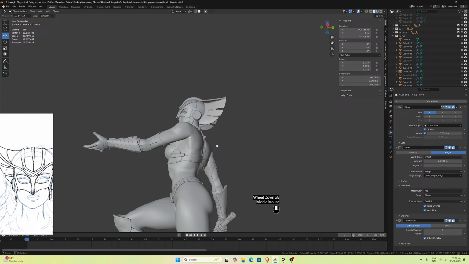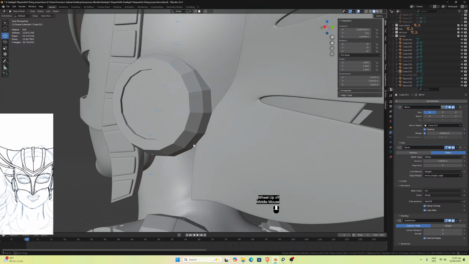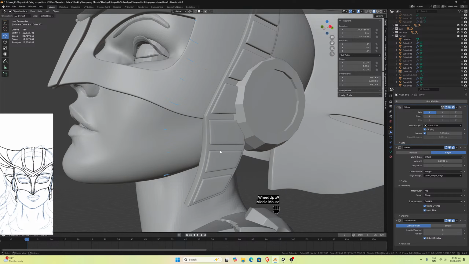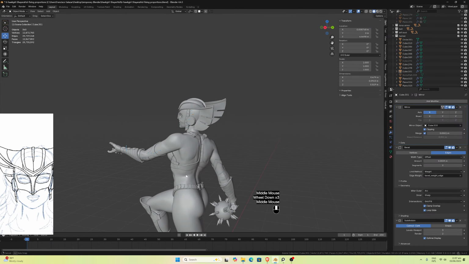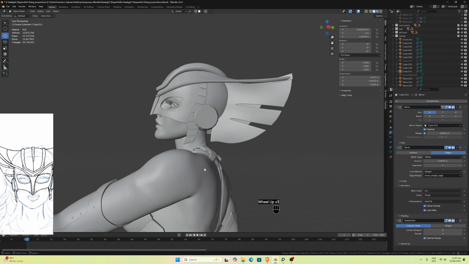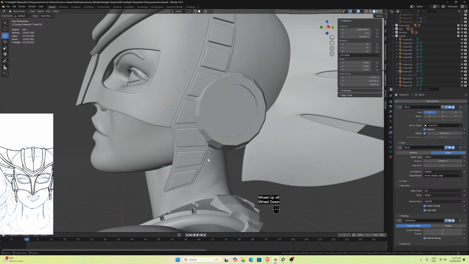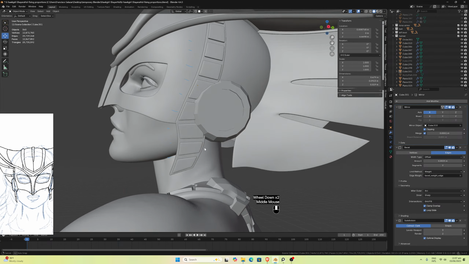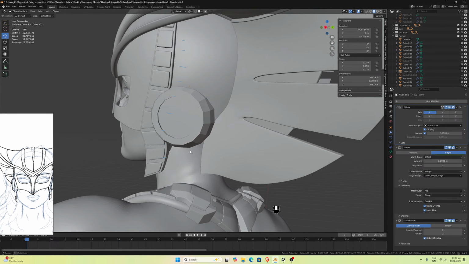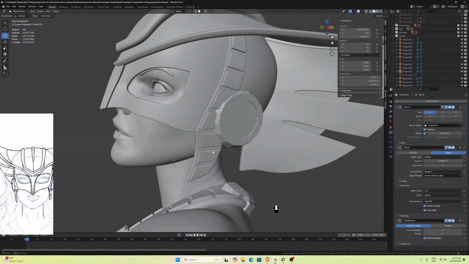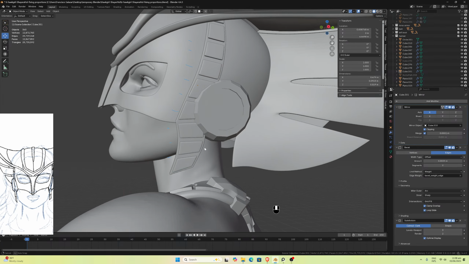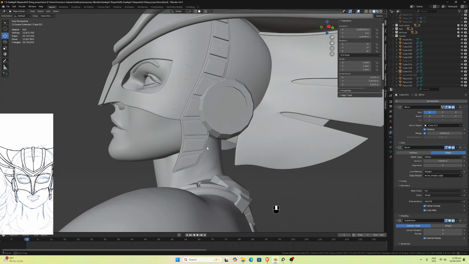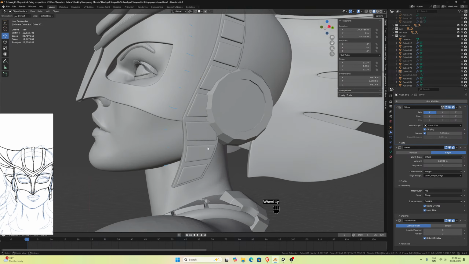But it makes sense with the rest of the armature. Now I cannot change this because I already, maybe the other way